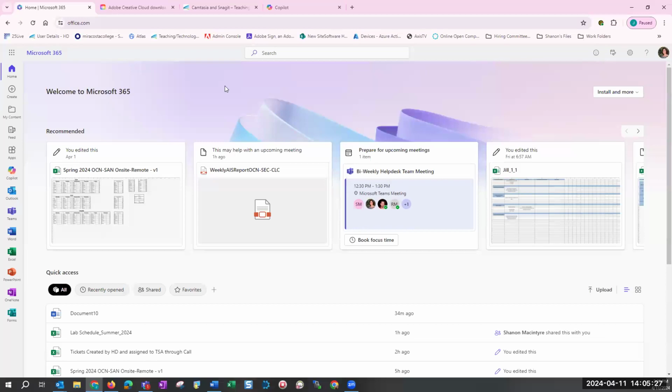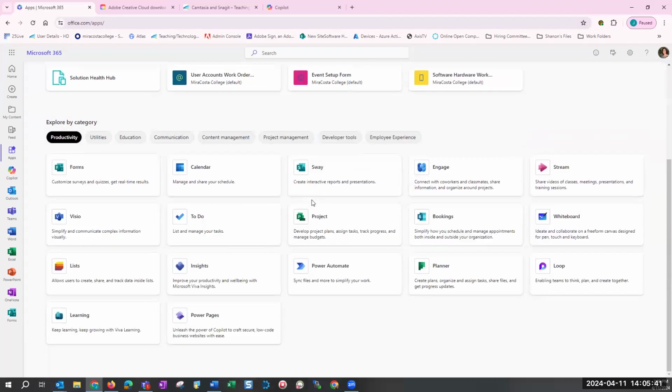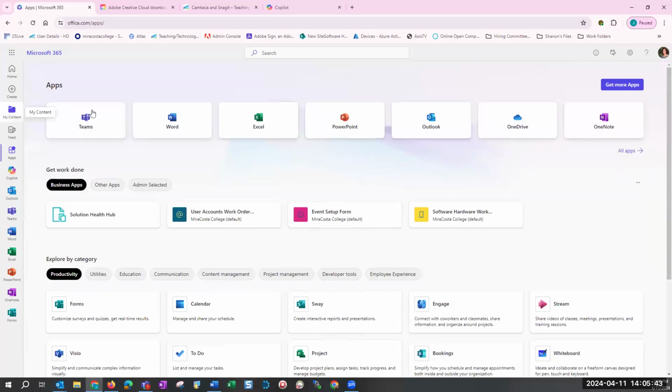I want to go over what is available to you in Office. You have access to a whole lot of stuff. Of course, the core: Teams, Word, Excel, PowerPoint, Outlook, OneDrive, and OneNote.